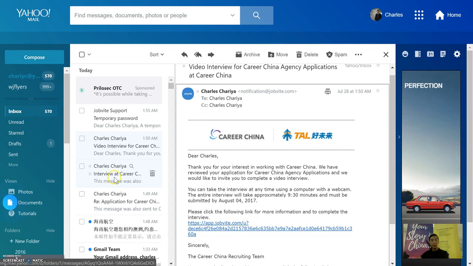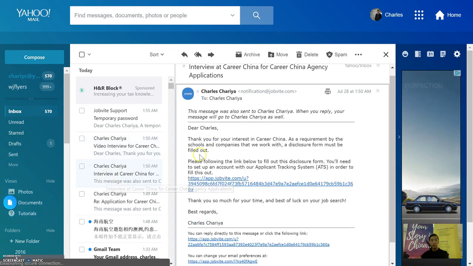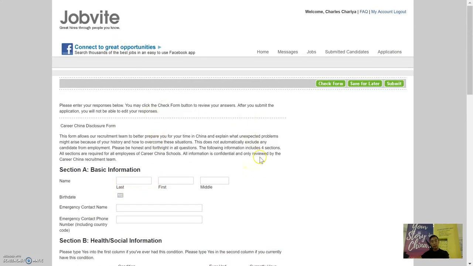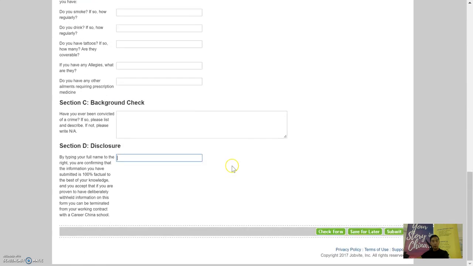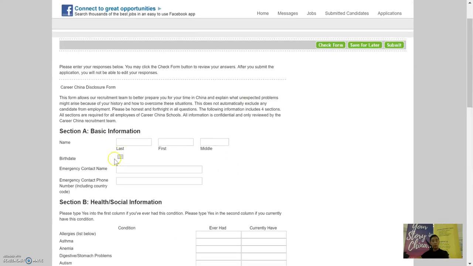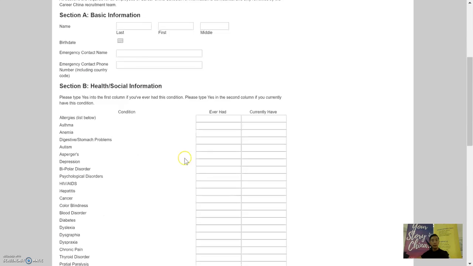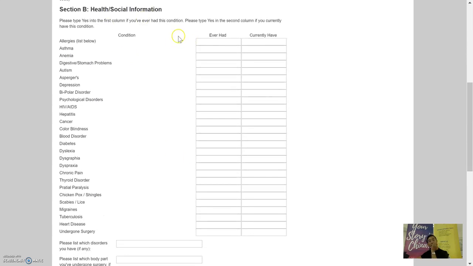Now, for the medical disclosure form that you see here, this is actually the form they will go to if they click on that link. It basically asks for 4 parts. The first part is basic information, things such as their name, their emergency contact information, their birth date, and then we go into the second part, which is the bulk of it, which is basically they have to